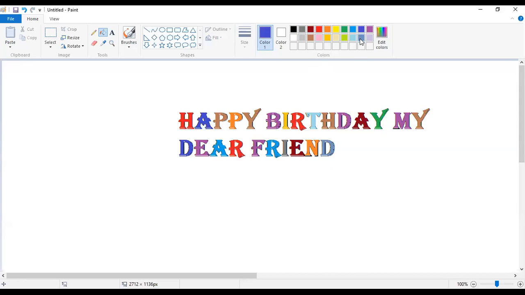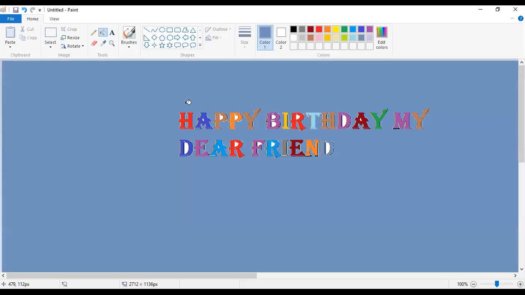Okay, now we will select one background color. By clicking on this screen, we can change the background color. Now by selecting the brush size, I'm going to select this size, this spray tool. With the help of the spray tool, we can sprinkle dots, whatever design you want to draw, you can. This is just for showing you.